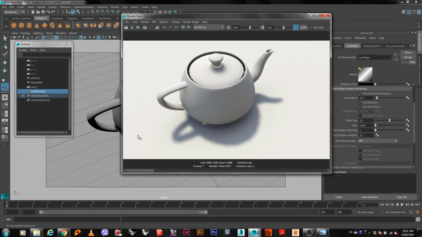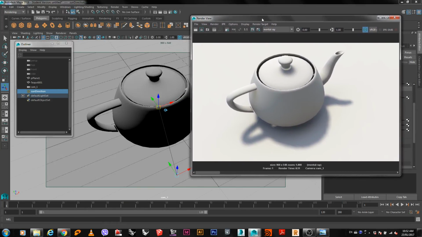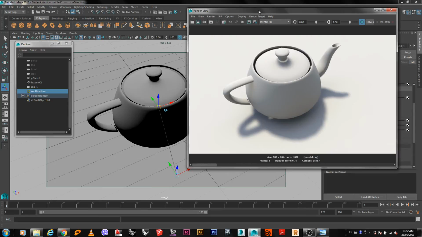Also, if it crashes, sometimes it's good to give it some time because it's rendering in the background. It's just not responsive. You cannot click on it, but it's actually working. But if you spend like 2 hours waiting and it's not coming back, probably you can close it and do a new one. Okay, so this is what we have right now. I'm gonna move to materials and talk about those a little bit,